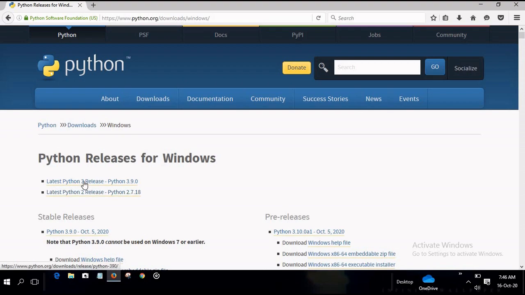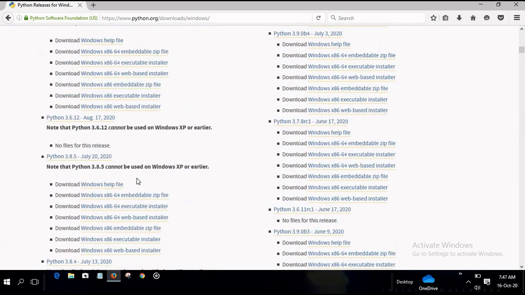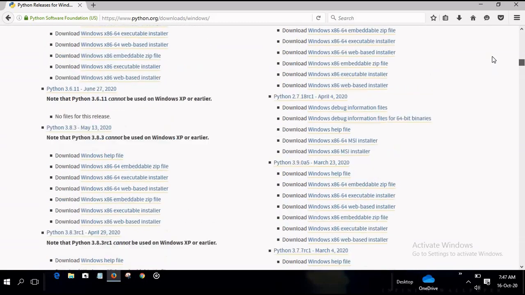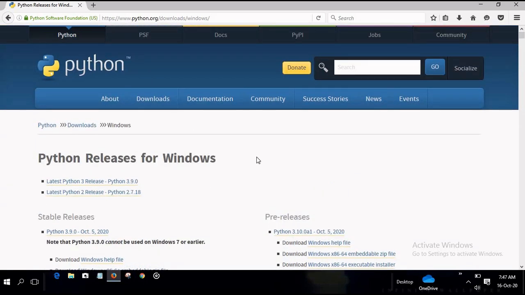It's the latest version of Python. If you want to check all previous versions of this software, just scroll down the page. If you want to download the latest version of Python, just click latest Python 3 release, Python 3.9.0.